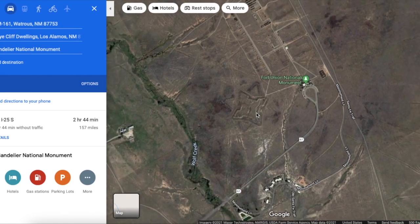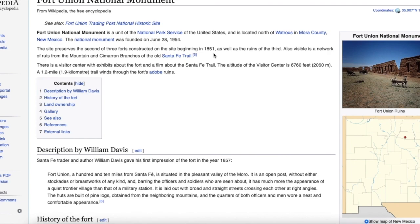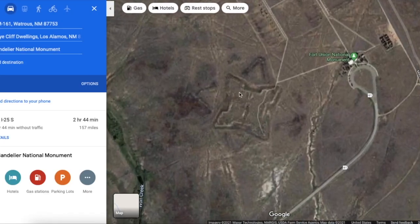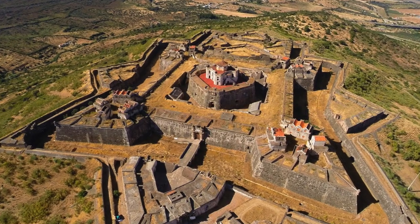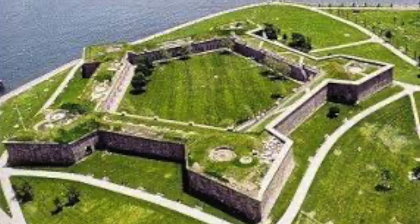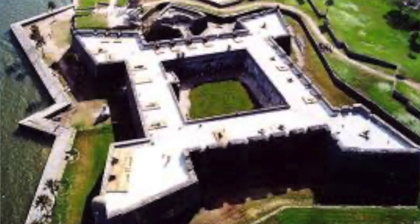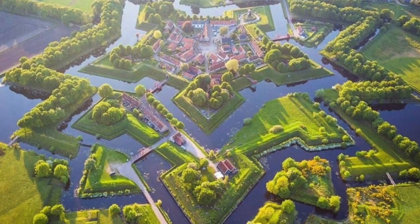No mention of this star fort in the narrative here, because this star fort doesn't fit in the narrative. This is clearly something from the old world, and we've seen thousands of examples of this exact star fort. Of course, there were so many different patterns, and typically having giant walls and buildings and waterways flowing all around them. And to see this out here in the desert, and again with no mention, even at the very monument